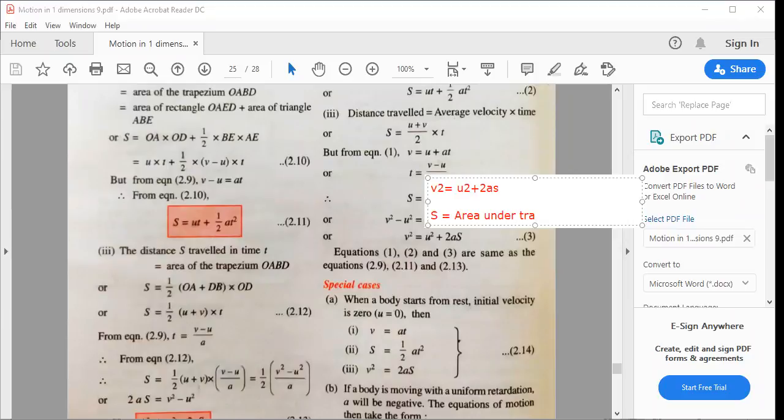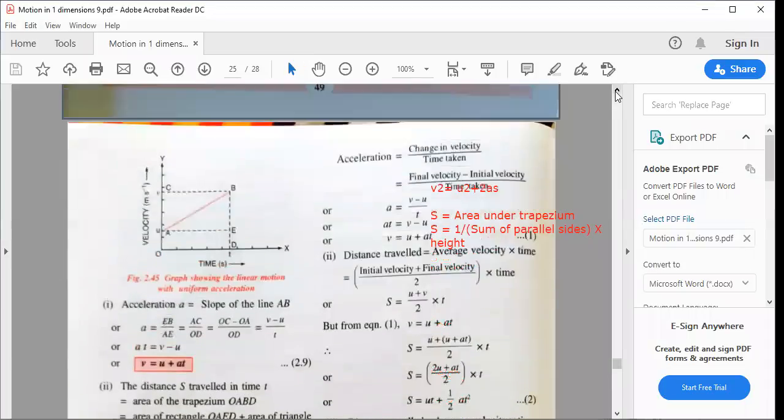Now, do you know the formula of a trapezium? We have done mensuration. It is 1/2 into the sum of parallel sides into height. Yes? So this is the sum of parallel sides, into height. Now, if you observe, I don't have the diagram now. Just let's leave it. So if you observe, let's see OABD.